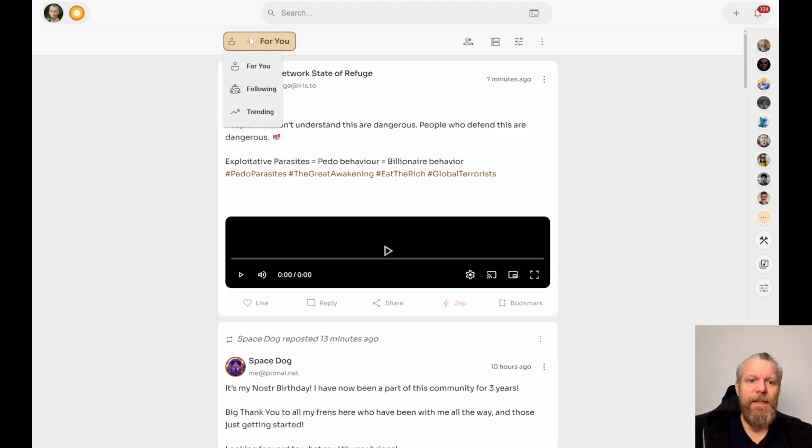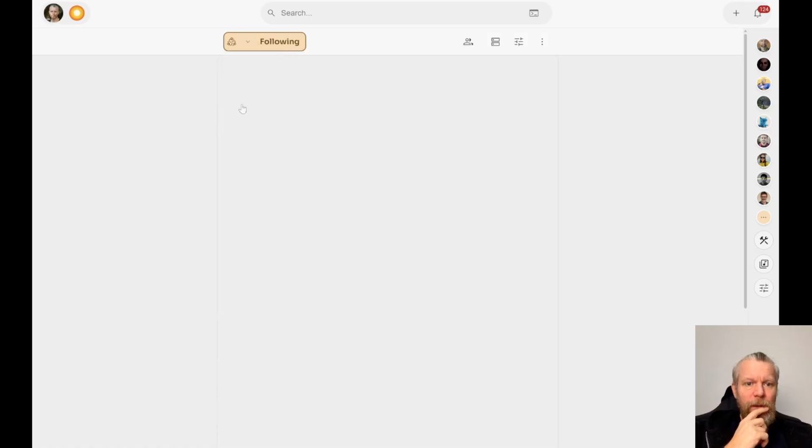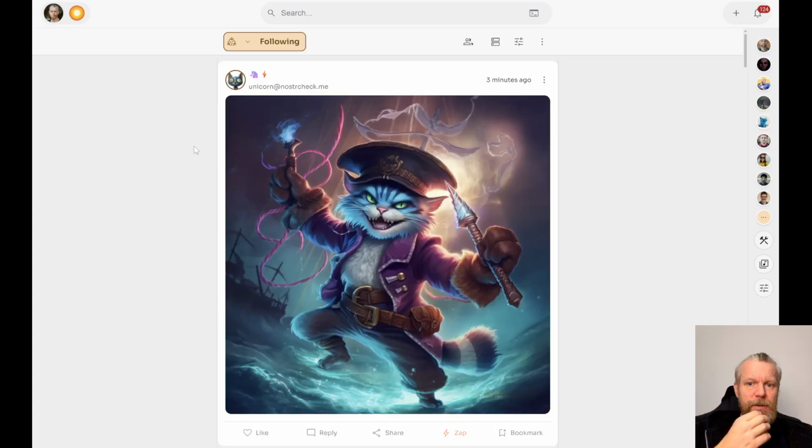In combination with that, it also has at least one starter pack that it picks profiles from to show you data. This is primarily for new signups on Nostr, so there's some content to show them. I will change this in the future, so For You will become a more useful page. And then we have the following, which is like any other Nostr client. It will show a chronological order.